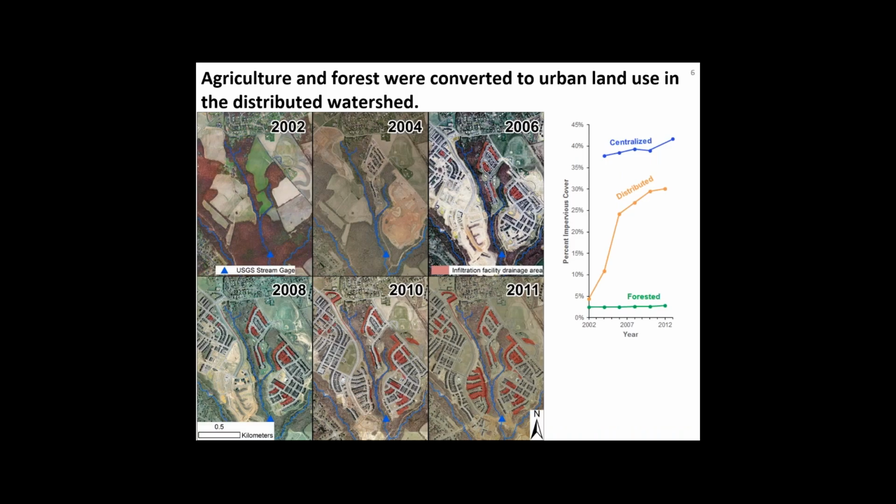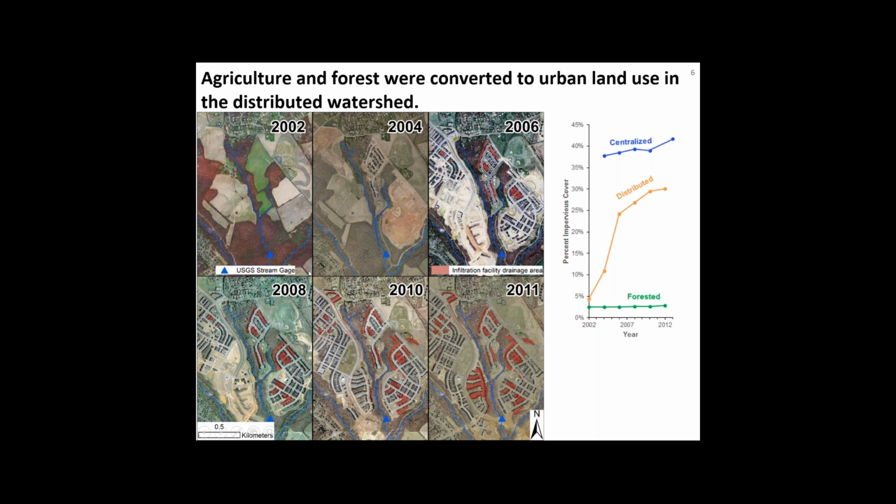So another interesting aspect of this watershed and study area is that it's very data rich. We have a lot of information from things like aerial photographs and also the county flew LiDAR data. So we have high resolution digital elevation models of this watershed showing snapshots over time as the watershed went through urbanization. So this is a series of aerial photos showing what the watershed looked like in 2002, and this is